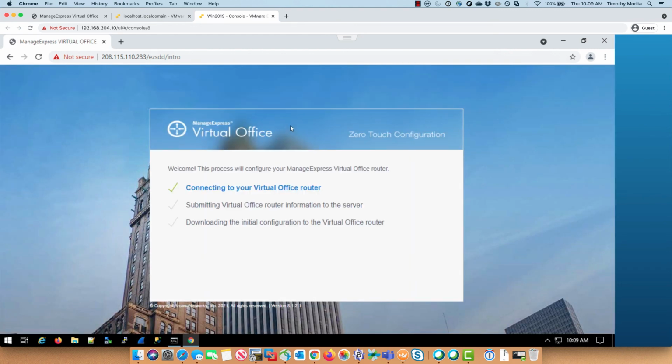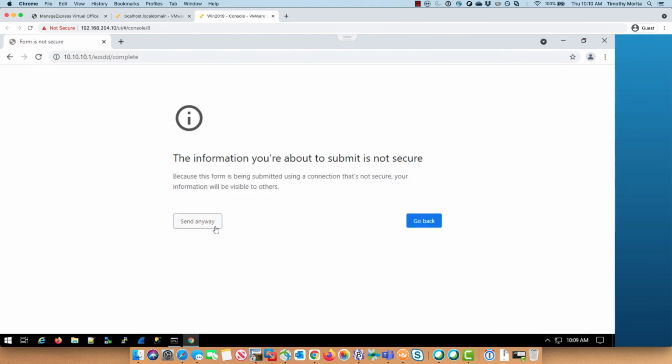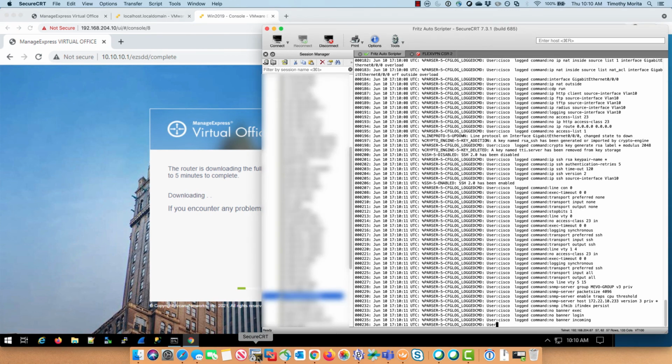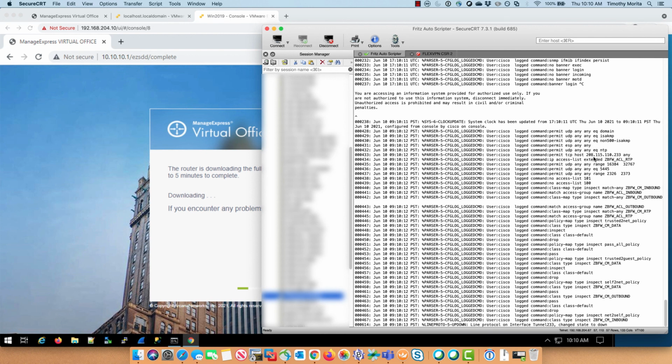Once you've gotten into the provisioning page, which should look something like this, you are pretty much done. There will be a couple more prompts that you may have to click, such as the send anyway prompts. You will also get one more prompt telling you to sign in to 10.10.10.1. The credentials here will always be Cisco in all lowercase. 10.10.10.1 is the router that you're provisioning, as we verified by checking our IP config. And the default credentials to get into the router is Cisco. So that's what we're doing here. We'll get one more send anyway prompt that we need to click on, and now MEVO should be pushing that